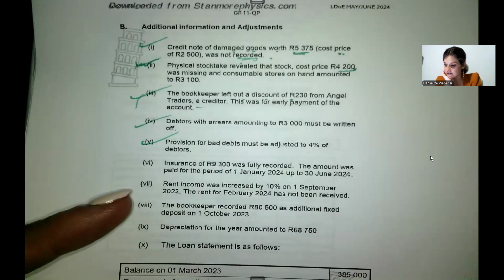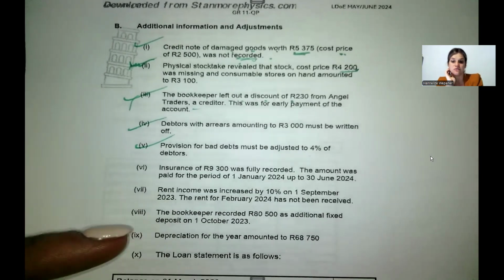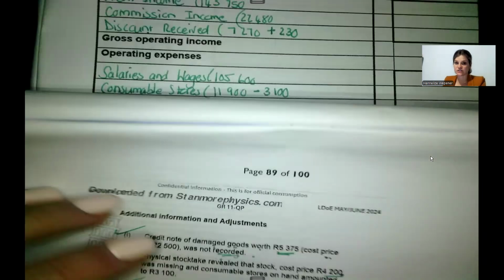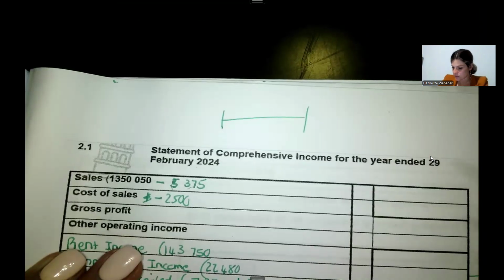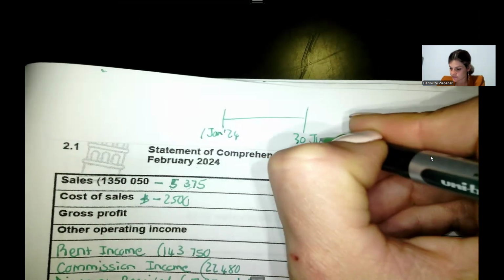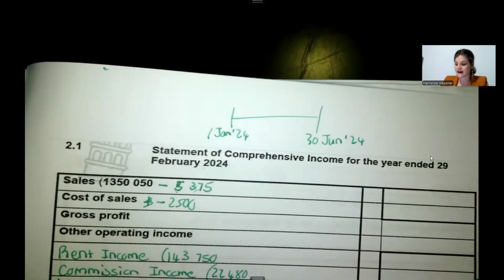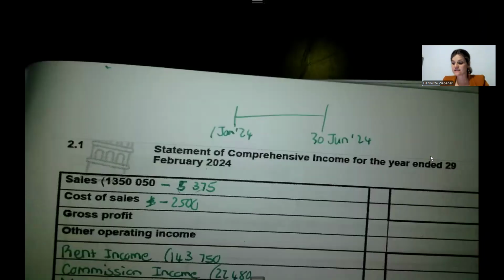Next up, it says that insurance of 9,300 was fully recorded. The amount was paid for the period of 1 Jan 2024 until 30 June 2024. Your financial year ended 29 Feb 2024. So in other words, if you paid for the period of 1 Jan 2024 up until the 30th of June 2024, you have made a prepaid expense for a few months. And they are saying the total that you paid was 9,300